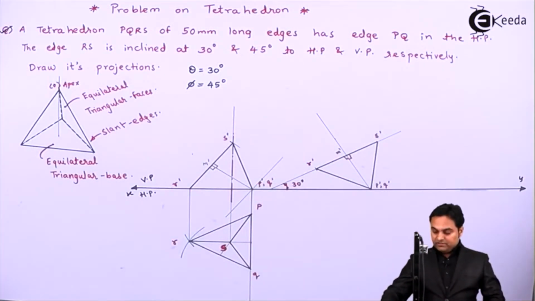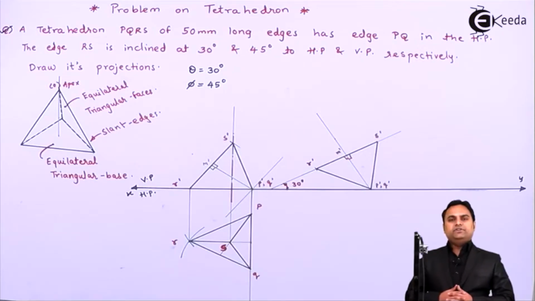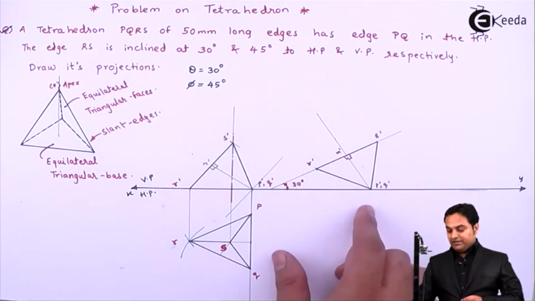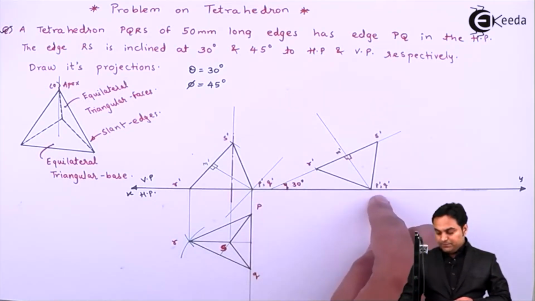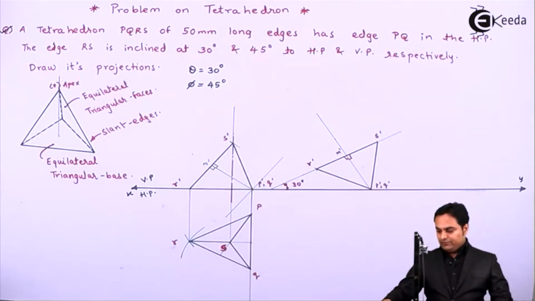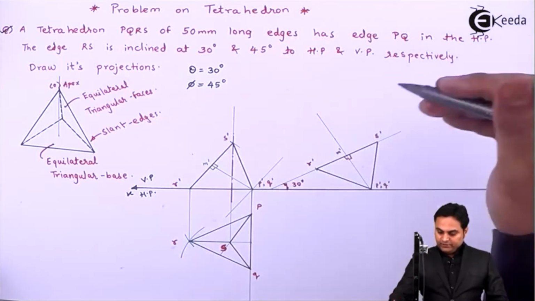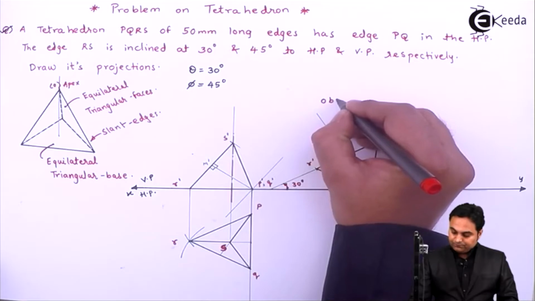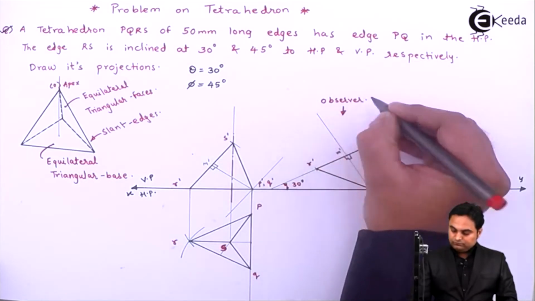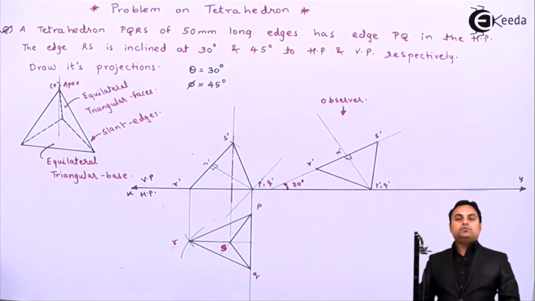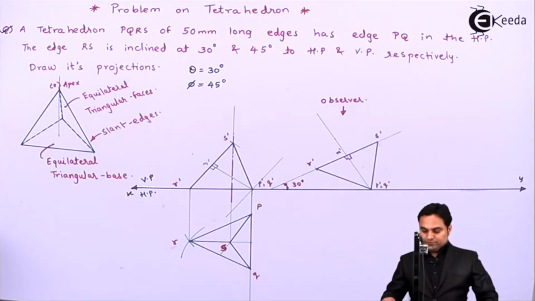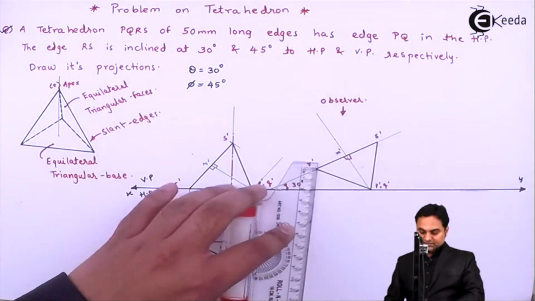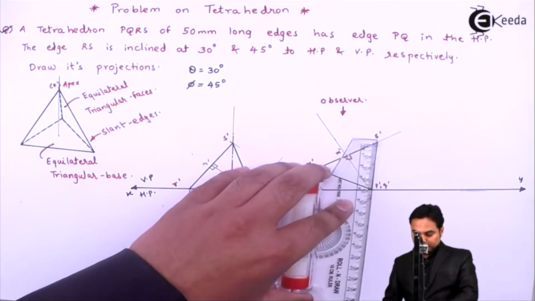Now, after making this inclined, that is RS at an angle of 30 degree with HP as it was given in the problem, this is the front view of this tilted tetrahedron, and it is tilting about its edge PQ, which is P dash Q dash in the front view. Now I'll draw the top view for it, and for that the reference is here, that is observer. So when we are looking from top, those points need to be projected first which are closer to us as an observer. So you can see that S dash is closer to observer, so that will be projected first.